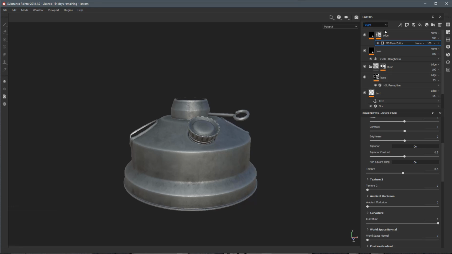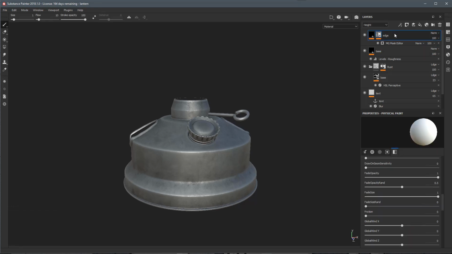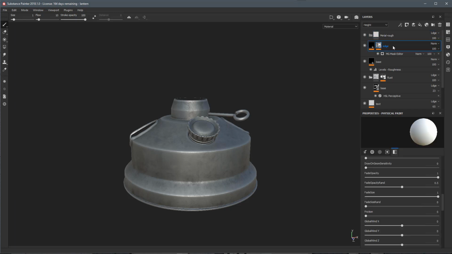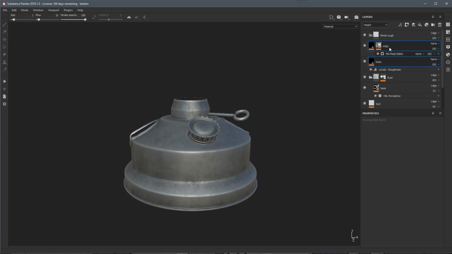This is just going to be a metal material, and I have these 2 layers here. So let's just group this so we can make a smart material out of it. So we'll create our folder here, and let's just call this metal rough. And let's take our 2 layers here. So shift left select both of these guys, and then I'm just going to drag and drop them here into